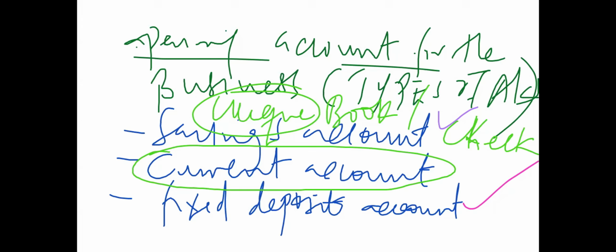So most of the time we operate current accounts. So that's what we are going to basically focus on for the whole of this lecture. Whatever we are going to be talking about as far as bank reconciliation is concerned, just know the account that we are mainly focusing on is a current account,